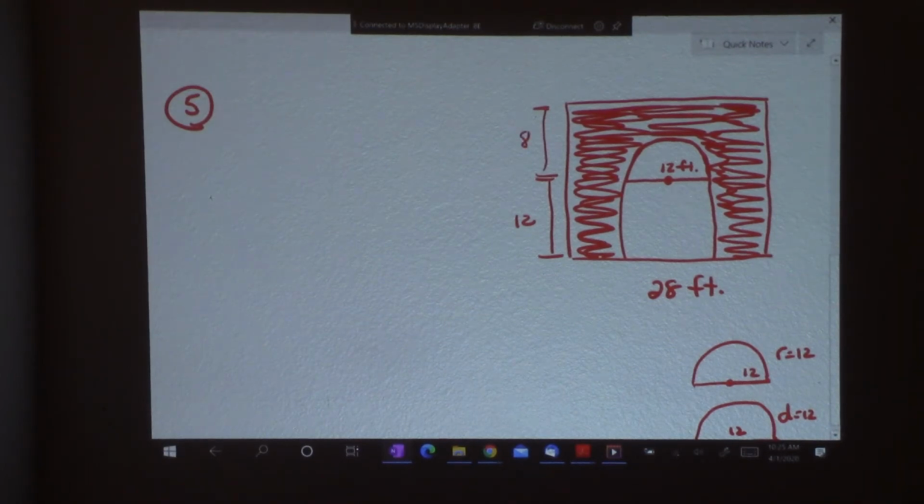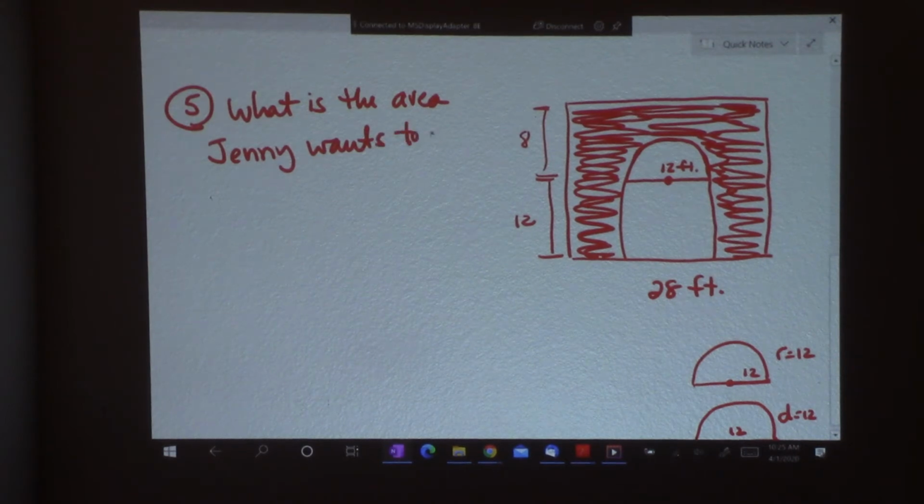All right, so the question is, what is the area Jenny wants to paint? Okay, so there we have that. It's this shaded area that's a funny shape. So in order to find that, the area of the wall of this shape